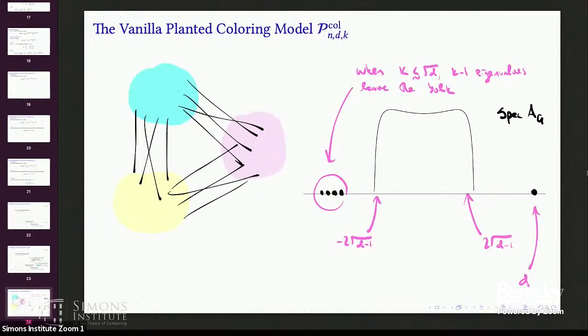So here's how this model works, in case you forgot. I start off by dividing the vertices into some different groups, and I just sample a d-regular random graph conditional on there being no internal edges within each of those groups. So conditional on those groups being a valid coloring. If you look at the spectrum of one of these things, what you'll find is that it looks like the spectrum of a random d-regular graph. So there's this bulk of eigenvalues between these two familiar numbers.